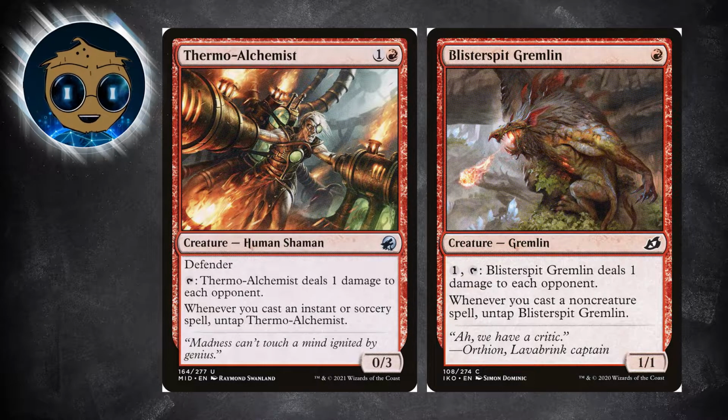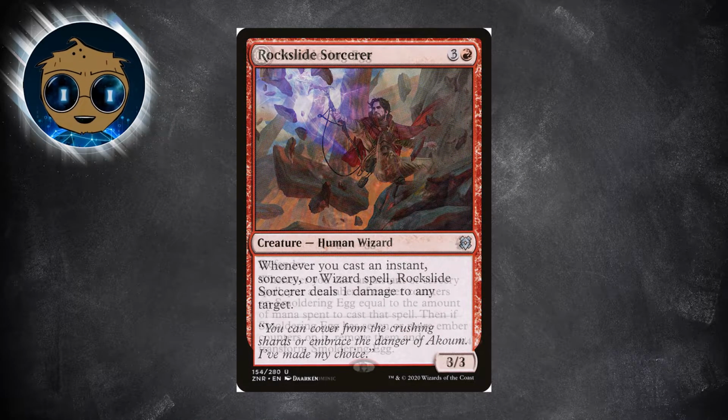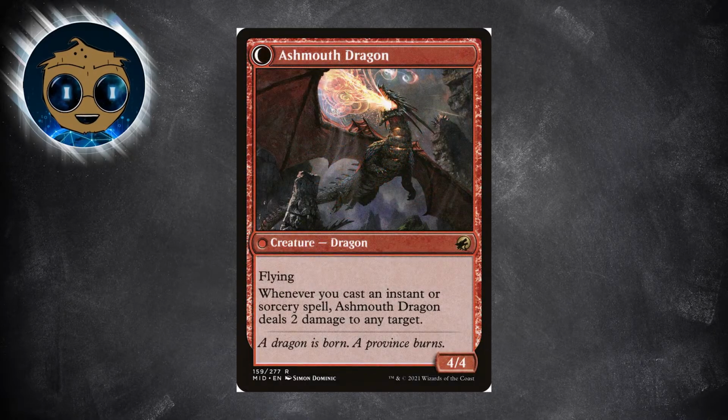We can get multiple uses out of these creatures' abilities if they're activated and untapped after each copy spell is cast. The Gremlin, however, will untap for any non-creature spell that we cast. Rockslide Sorcerer will deal 1 damage to any target when you cast an instant, sorcery, or wizard spell. Smoldering Egg gets an Ember counter for each instant or sorcery we cast. When it has 7, it transforms into a dragon that will zap any target for 2 damage on each of